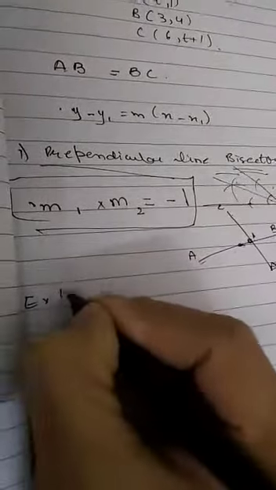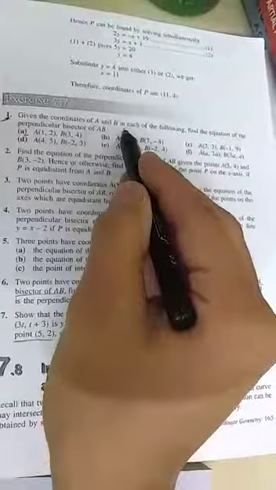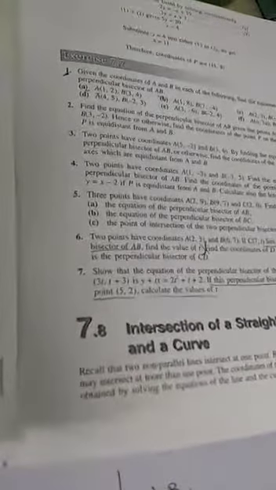We'll just start doing the question. I'll just get some help from the book. For this we will use question number 1, part A, in which we are given the coordinates of A and B and asked to find the equation of the perpendicular bisector of A and B. We will just write: A coordinates are 1, 2, and B coordinates are 3, 4. We will first find the midpoint,